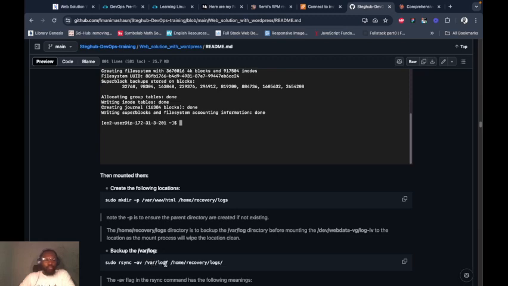But before we do that, the log location has an existing file, and once we mount to that location, what happens is that the mounting process is going to empty the entire folder, clearing out the existing files. So to avoid losing any vital information or files in the process,